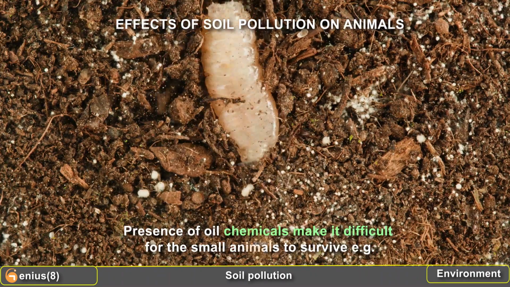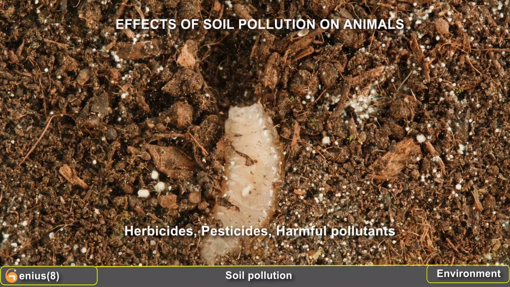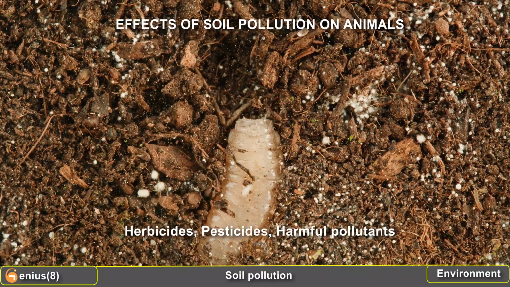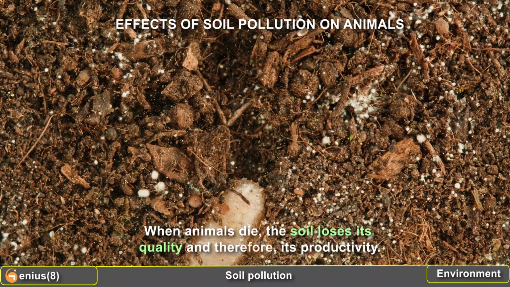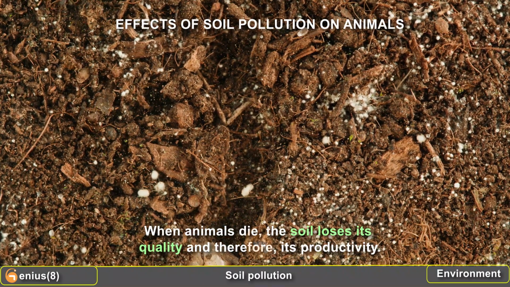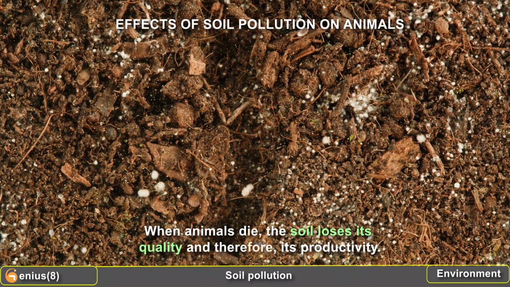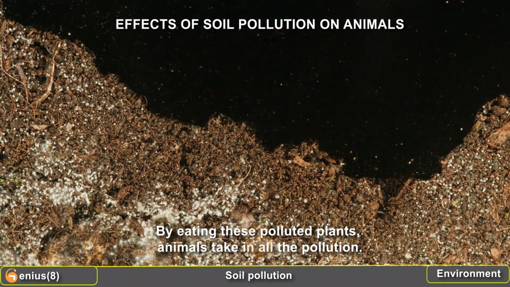Presence of oil chemicals make it difficult for the small animals to survive, e.g. herbicides, pesticides, harmful pollutants. When animals die, the soil loses its quality and therefore, its productivity. By eating these polluted plants, animals take in all the